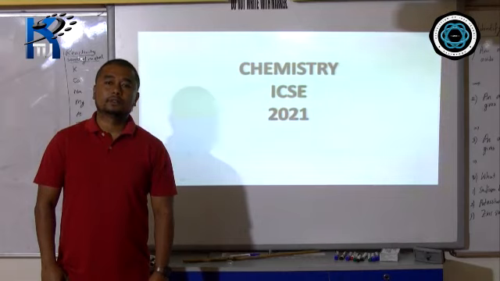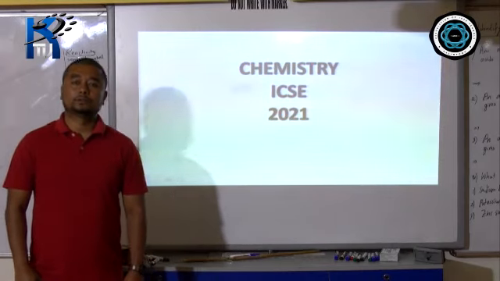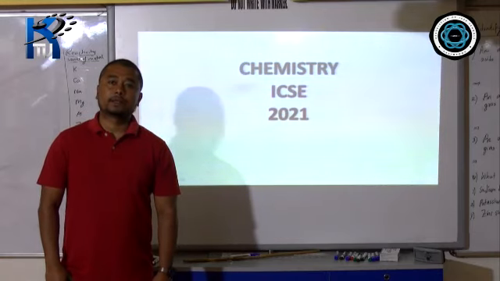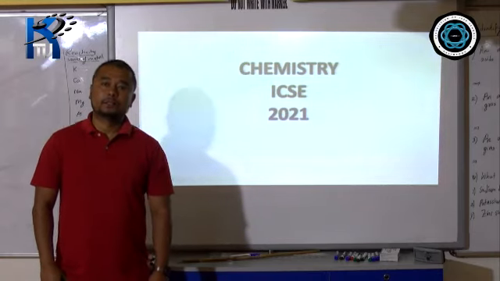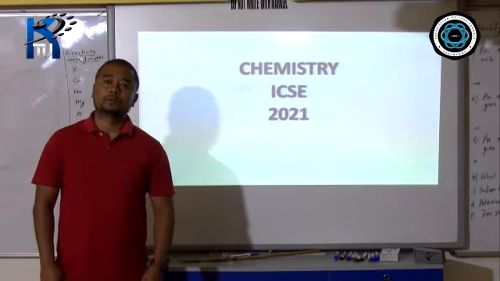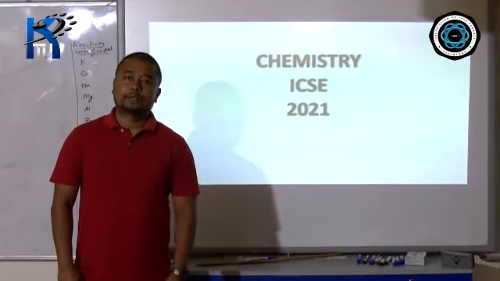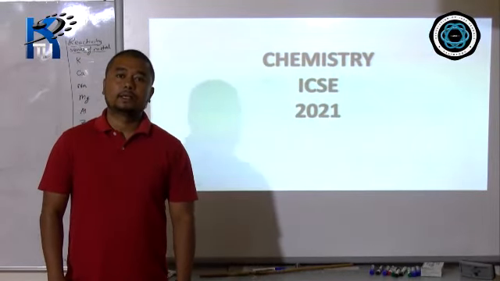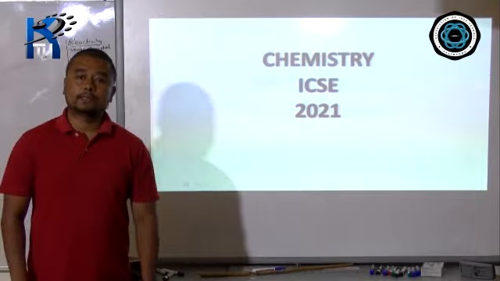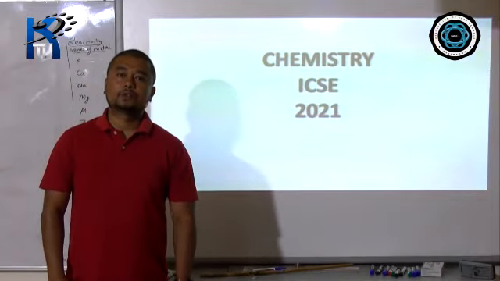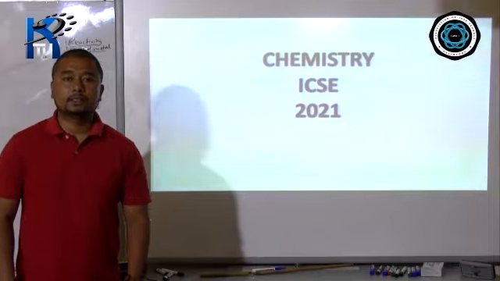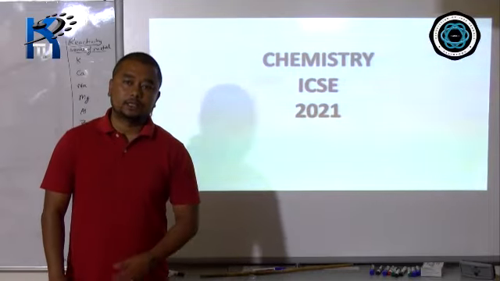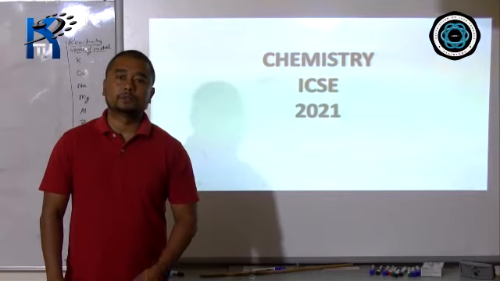Good afternoon, students. In today's class, we are going to learn about properties of acid. If you remember, in my previous classes, I have started the chapter called acids, bases and salts. First, we did the definition of acids, old and new definitions, and I told you to go with the new definition. Then I showed you the 6 classifications of acid, after which we learned the preparation of acid in the last class. So we have finished definition of acid, classification of acid, and preparation of acid. In today's class, we are going to learn the properties of acid.